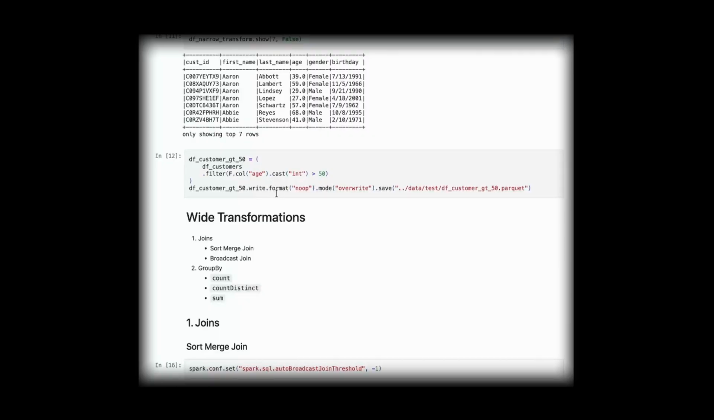Basically, they filtered based on the integer. They are casting it to integer. Just see, the age is being cast to integer and they are checking whether it is more than 50. If it is, then we are going to enjoy the customers who are in the group of 50 and